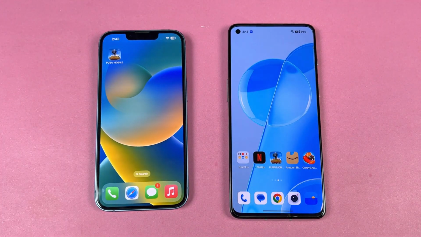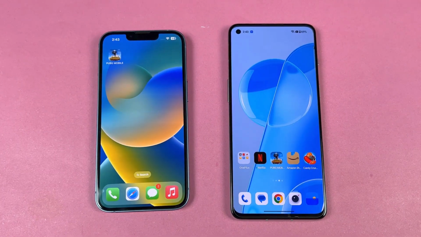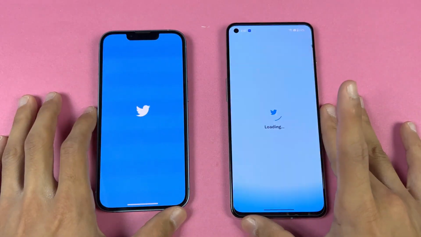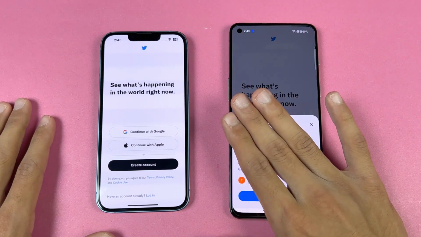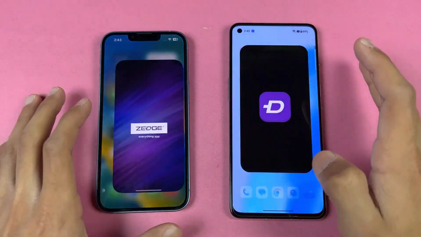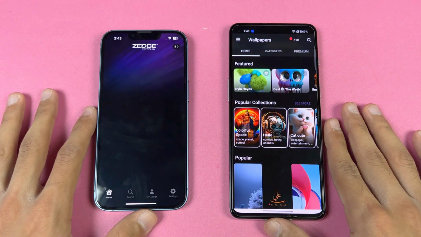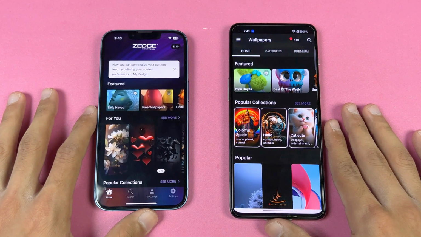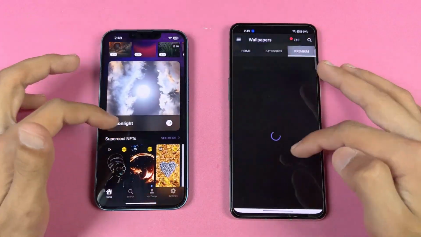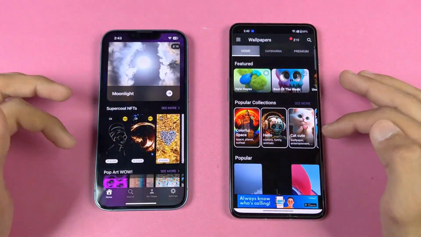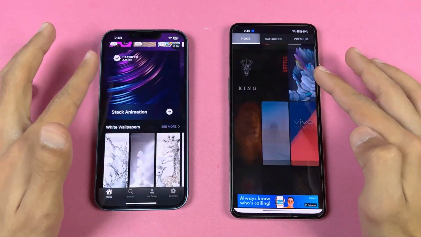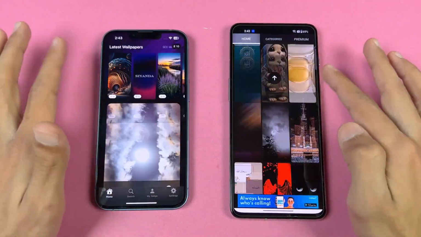Also in the game we have smooth graphics with extreme frame rate on both phones, no 90 FPS even on the OnePlus. So the gaming experience is miles better on the iPhone 14. Now let's open up Twitter, faster on the OnePlus. Zedge, and that one faster on the OnePlus 9RT. iPhone 14 is very slow, and scrolling feels again smoother on the OnePlus 9RT, but no jitters or anything like that